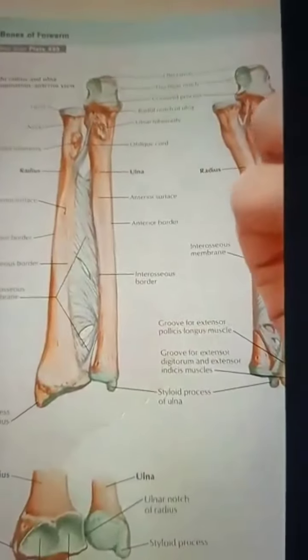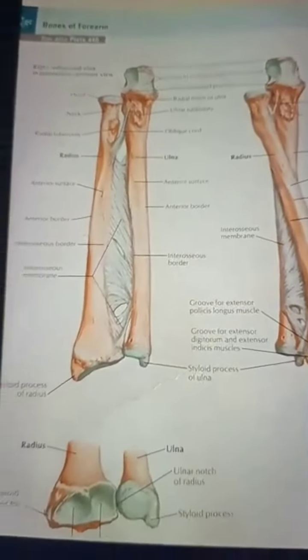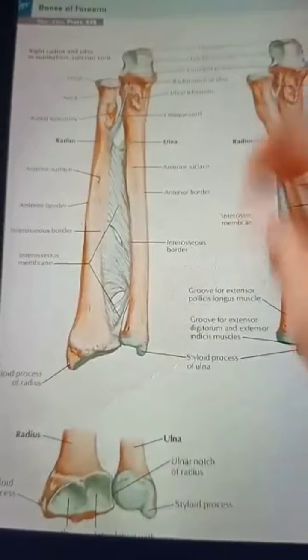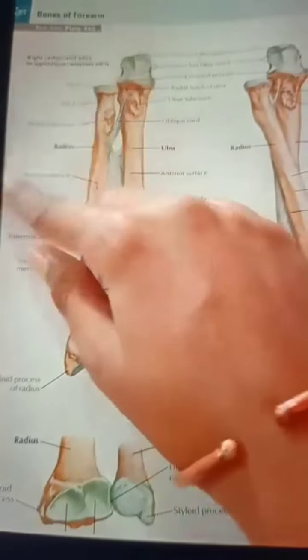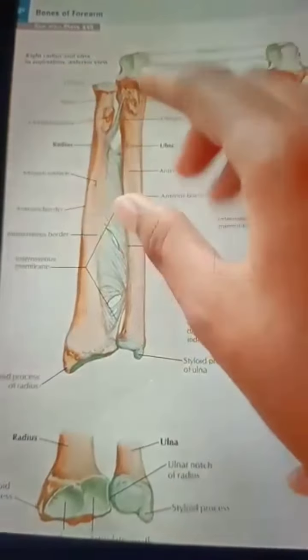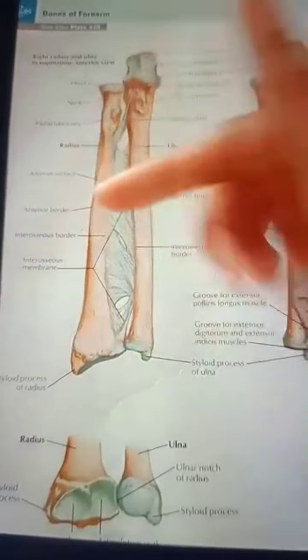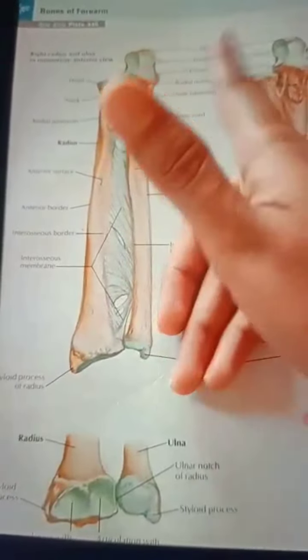And next the joints involved. So what are the joints involved in supination and pronation? The humero-radial joint, as we discussed before, and the superior and inferior radioulnar joints are involved. Only superior and inferior, that is the pivot joints, are involved. The middle one is not involved, as it is a syndesmosis.